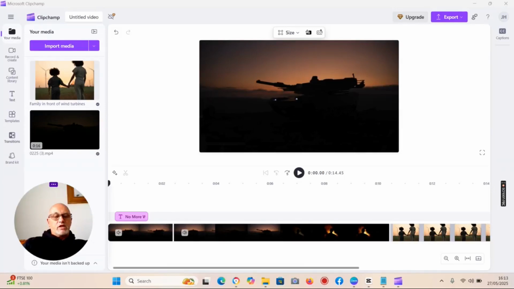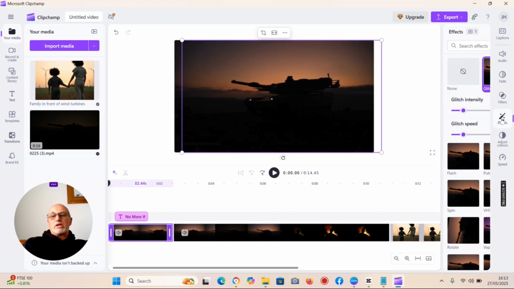So in today's video we're going to have a look at effects. If you notice down the right hand side I've got nothing down on that menu bar, but when I tap on the timeline, then go over to the right hand side, I've got effects there. So when I go on to there,